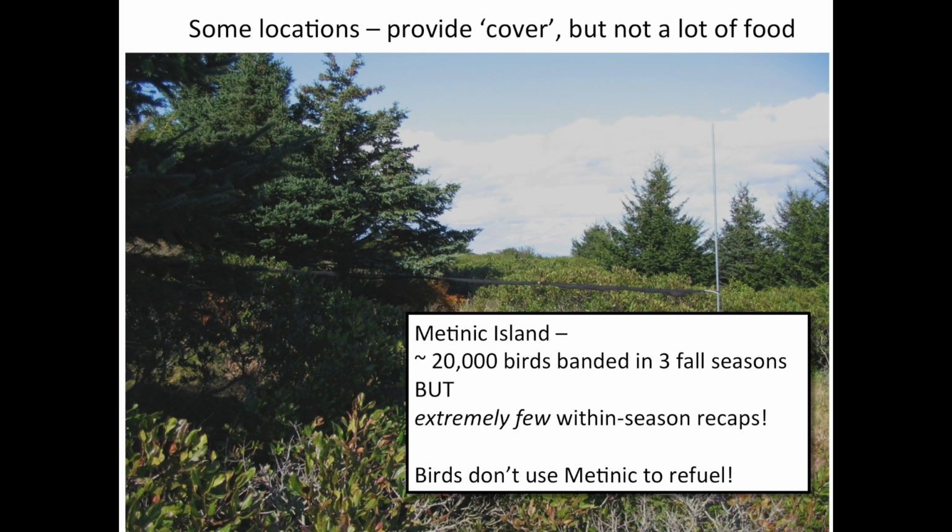Now, most mornings in our area in fall, we have foggy conditions. So for a lot of land birds, they know what general direction, they see land, they can stop and get reoriented and know where they want to go. But we know that in this case, birds aren't using the site to actually fatten. So what we've done,